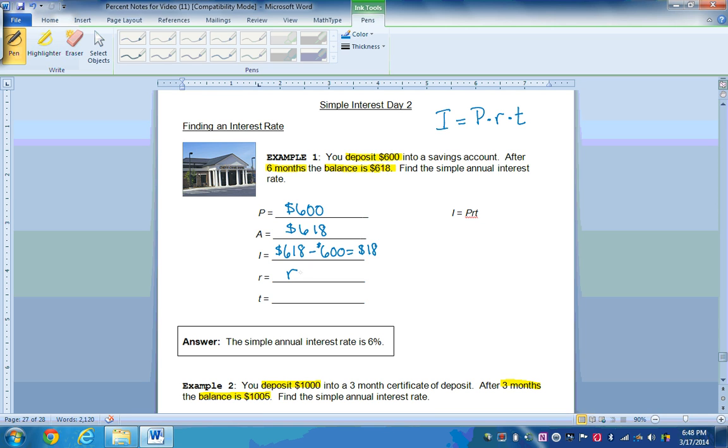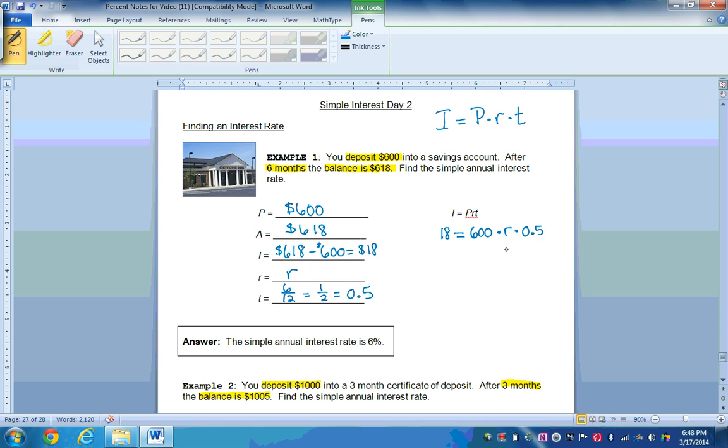We'll call it R. And then your time is 6 months. Now remember, time has to be written in form of years. And so 6 months is 6/12 of a year, which is the same as 1/2, or in decimal form that would be 0.5. So now we can go ahead and use our formula and plug in everything that we know. We know that the interest is $18, so I'll say interest is 18 equals, my principal was $600. I'm going to multiply that times my rate, and then times my time, which is